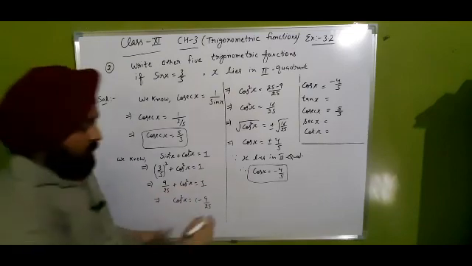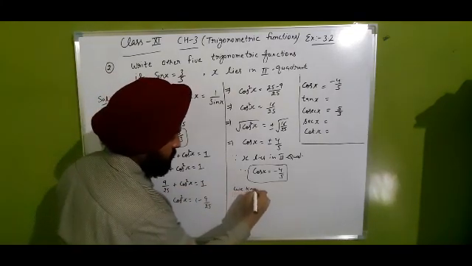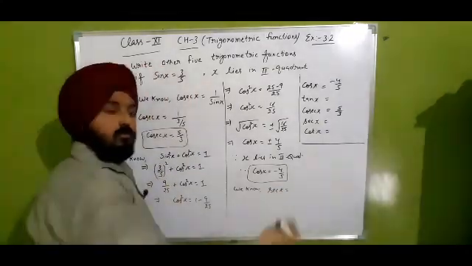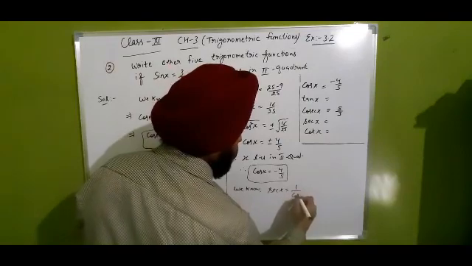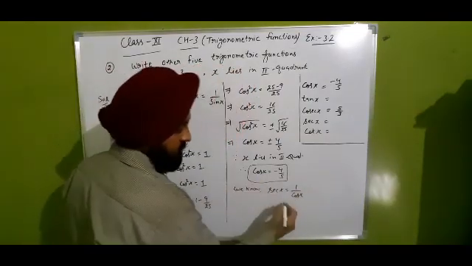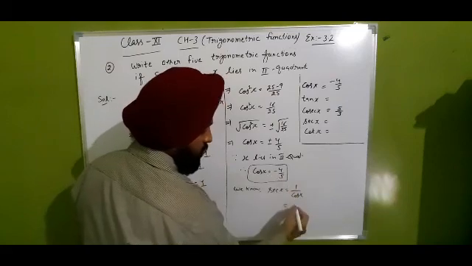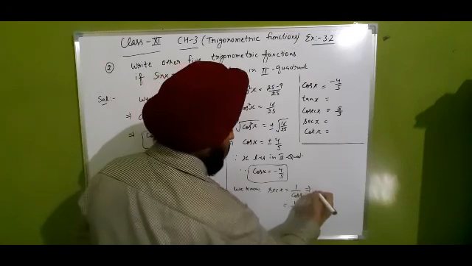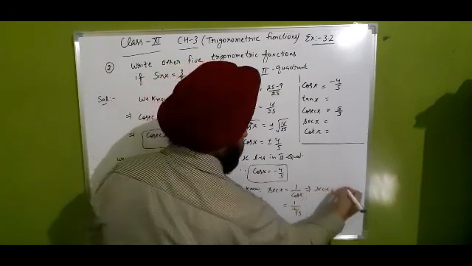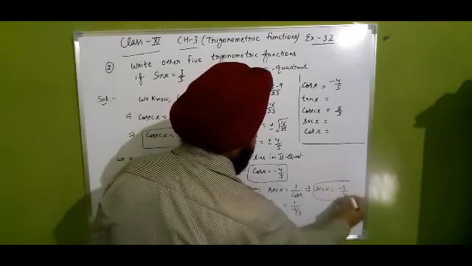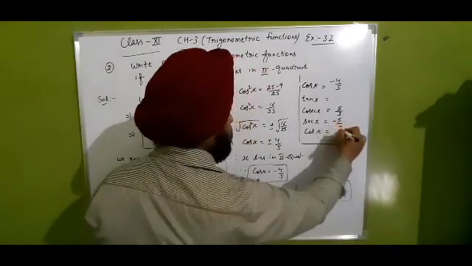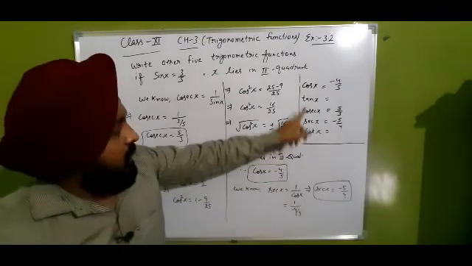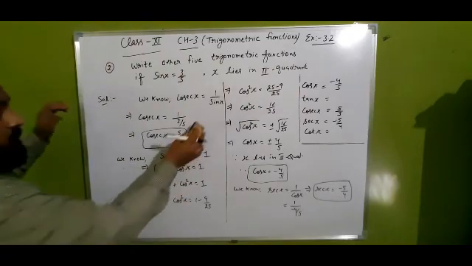Clear that one? We also know that secant x is a reciprocal of cos x. It can be written as 1 over cos x. What is the value of cos x? That is minus 4 upon 5. So 1 upon minus 4 upon 5. In the next step we can say secant x is equal to minus 5 upon 4. So secant x is minus 5 upon 4. That's all. Now which values are left? Tan and cot. So we have to find the tan value.